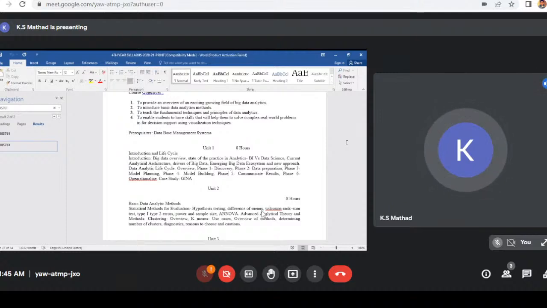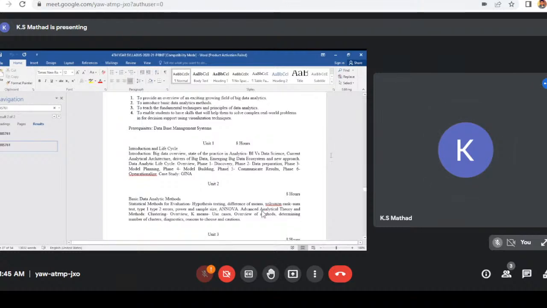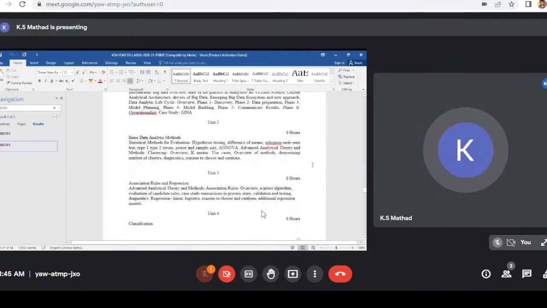A small introduction about all those things will be given in this first unit. So next, in the second unit, we will be dealing with the basic data analytics methods. So here we are concentrating on the statistical methods of evaluation. So statistics is a basis for the data analytics. So if a person is well equipped with statistical techniques, then he can do wonders in data science and data